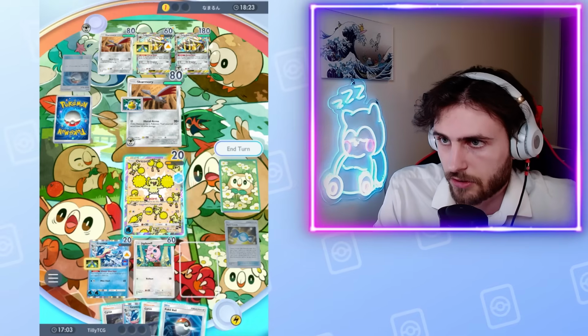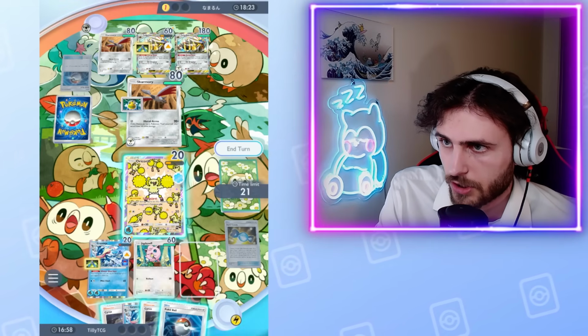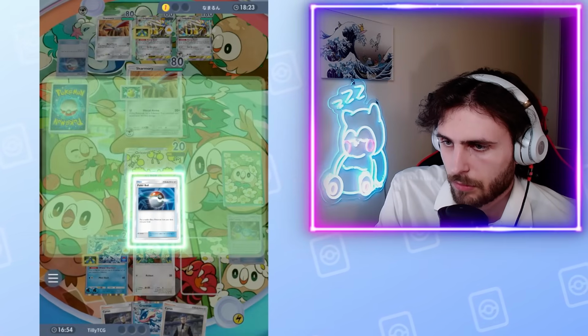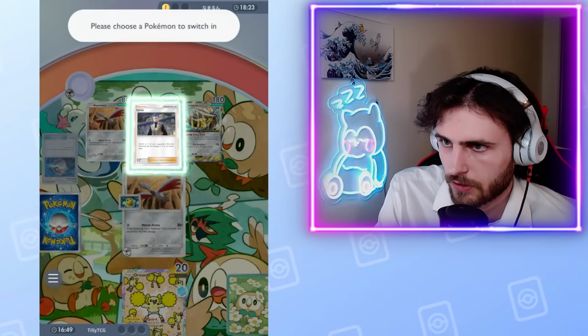Like, I could not take the prize and just leave the Solgaleo, and then he has to Solgaleo Soul Burst, retreat, lose the energy. I don't know that that's a winning strat. Maybe we have to do this now. Okay, let's... Cyrus...